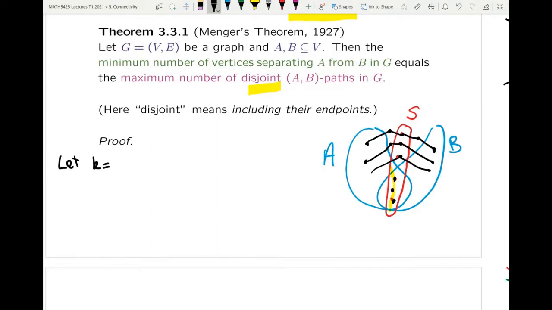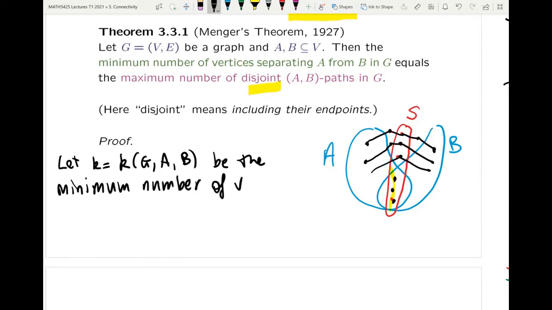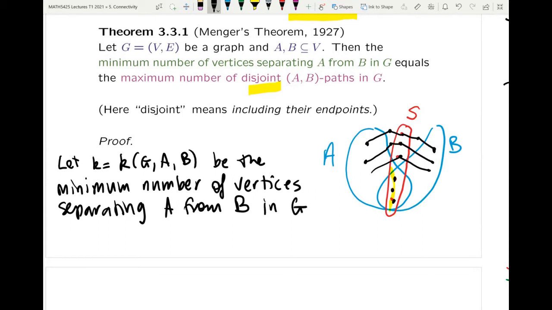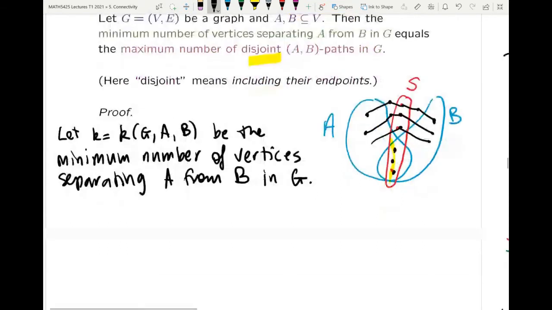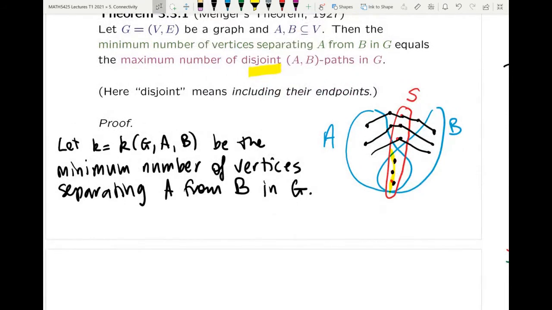We are going to say, let K be a parameter which depends on G, A, and B. It is the minimum number of vertices separating A from B in the sense of the definition that we gave at the start in G. Okay, and now I'm going to say something with the word clearly in it, so we need to look at that very carefully. Clearly, in quotes, K is an upper bound